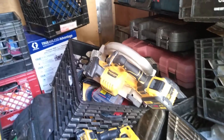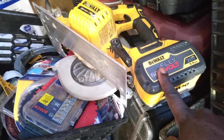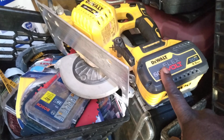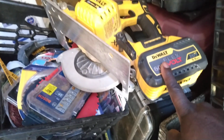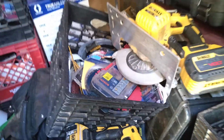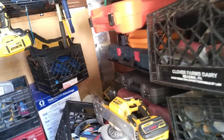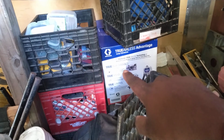And so the important thing is that, I'll give you a perfect example right here. You see this battery right here? This battery right here, and I got about 4 of them. This 9-amp 60-volt FlexVolt battery costs upwards of $200 just for the battery. Just for the battery. I'm not including all of the tools. Framing nail guns, different kinds of finishing nail guns, and then the ability to do